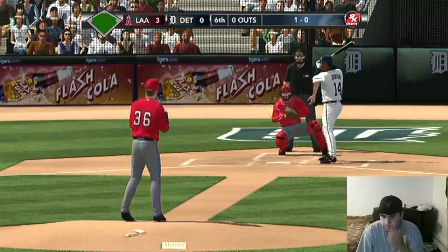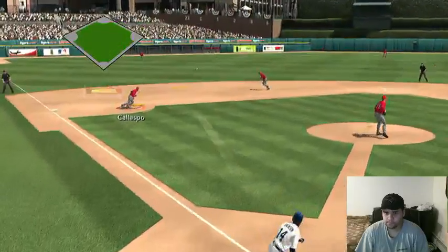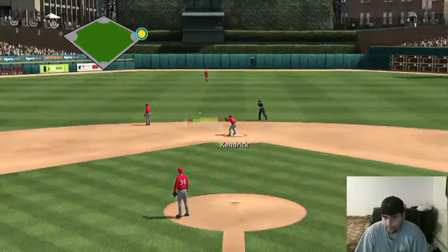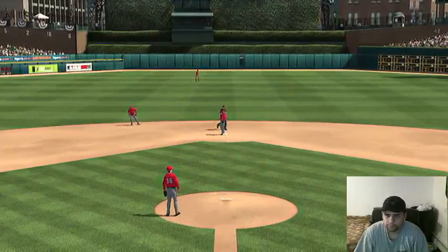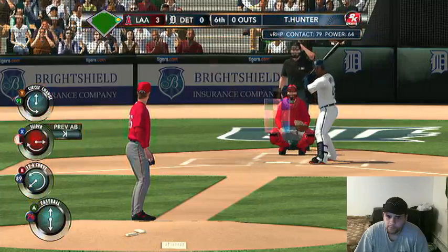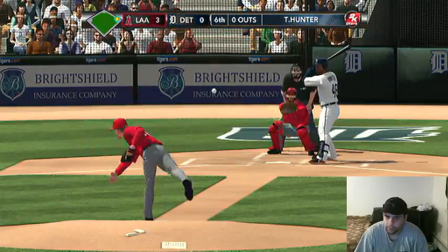You know, he could be sitting on that four-seam fastball this time again, just waiting for that pitch. That swung on a liner here. And that gets down. Jackson a single. And that's going to bring Torrey Hunter to the plate. Well, you're going to have to keep a close eye on this guy on first base. Pay a lot of attention to him because you know he more than likely has...